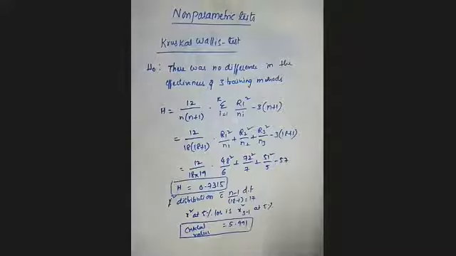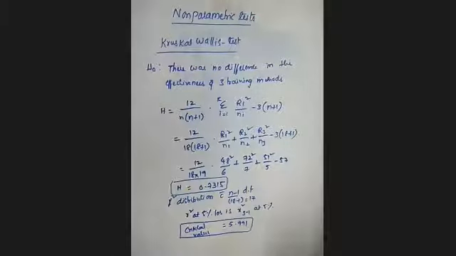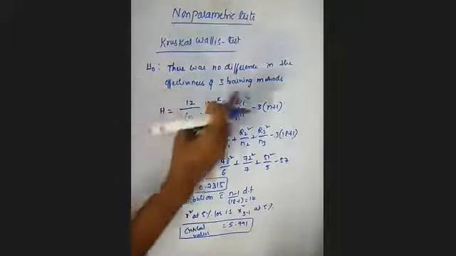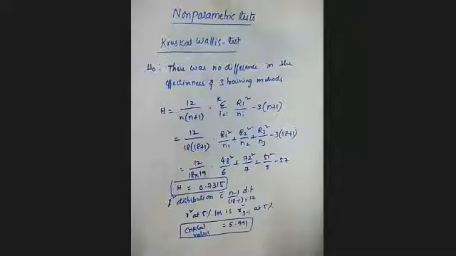What is the hypothesis we have made here? There was no difference in the effectiveness of the three training methods. So here the critical value is more than the calculated value. See, the final conclusion statement you have to make like this. Okay, in the conclusion you have to write: the critical value is more than the calculated value, so we are not rejecting the hypothesis and concluding that there was no difference in the effectiveness of the three training methods. Okay, so this is about the Kruskal-Wallis test.